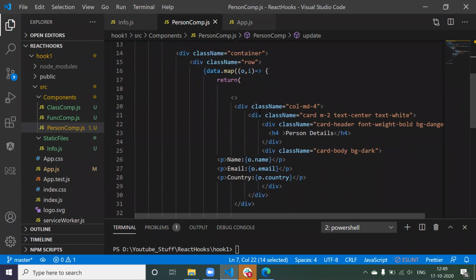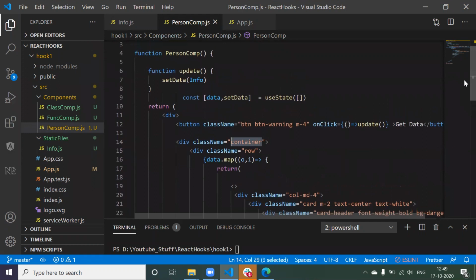And you will understand this code if you know Bootstrap. If you are familiar with Bootstrap, then you know what is container, what is row, and what is map. Map is coming from JavaScript. So this is a little complicated example compared to your previous example. So I have one more example.